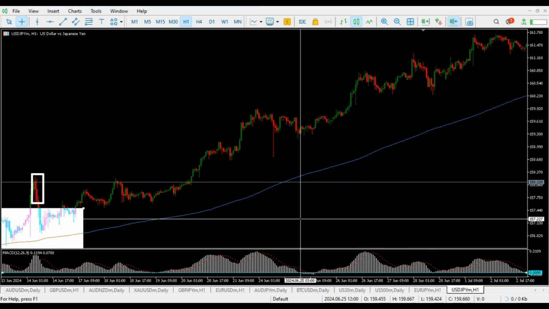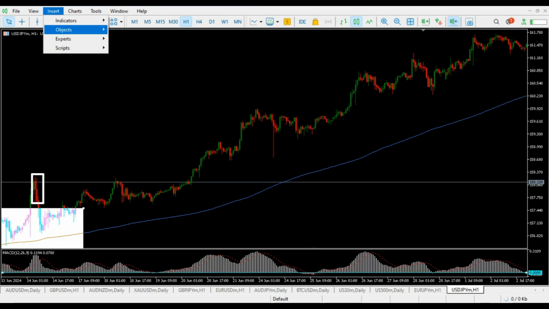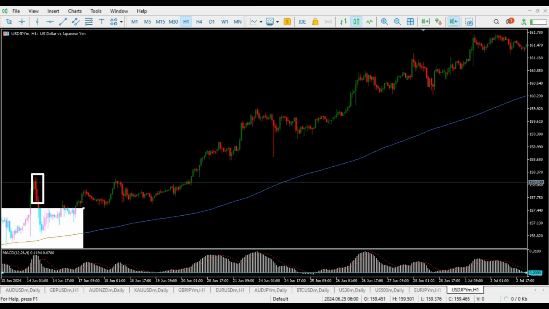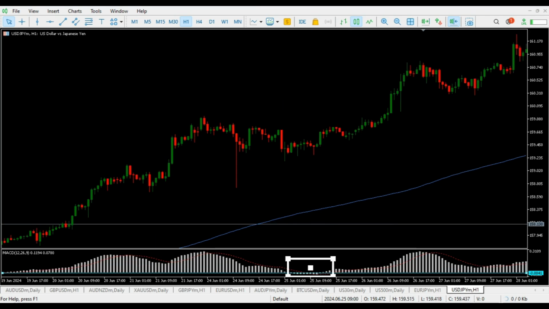As you can see here, in this area of the MACD, here, let me zoom in. As you can see in this area here,